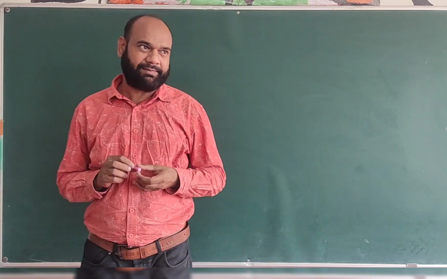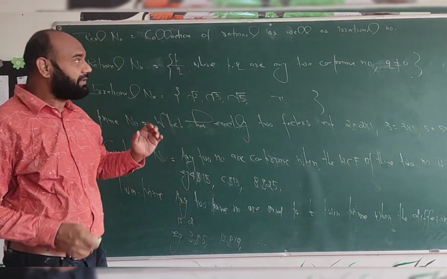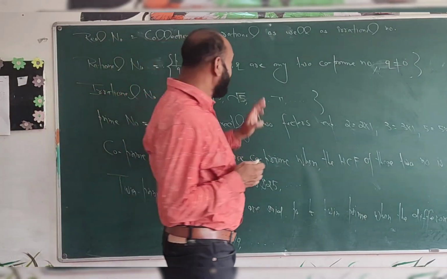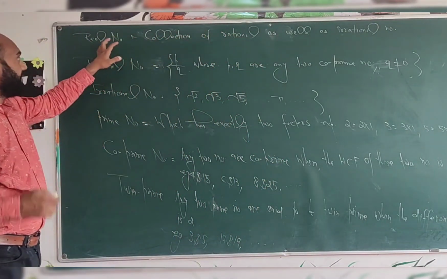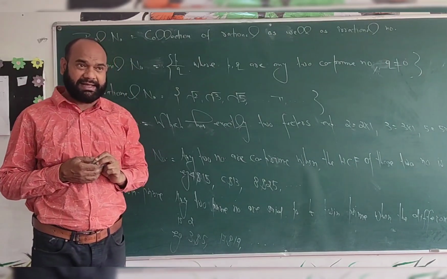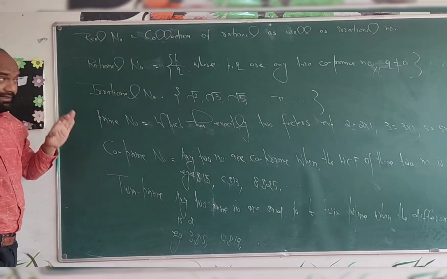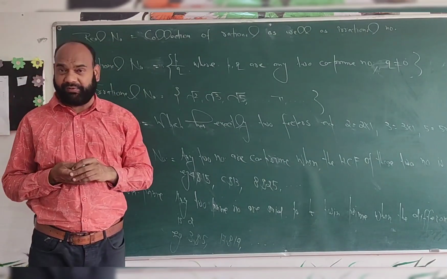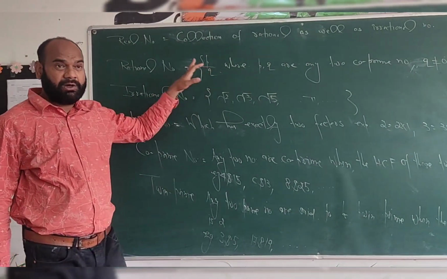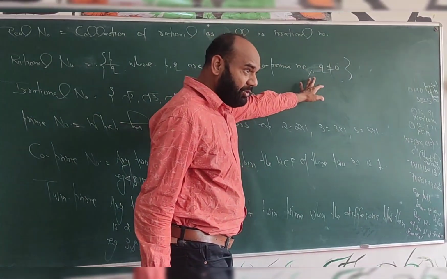So let us start the first chapter of class 10, Real Numbers. To understand this chapter, first we need the basic concepts of this chapter. What are real numbers? A real number is the collection of rational as well as irrational numbers. What are rational numbers? Those numbers which can be rationalized are said to be rational numbers. And rational numbers are always of the form p upon q, where p and q are any two co-prime numbers, where q is never equal to 0.